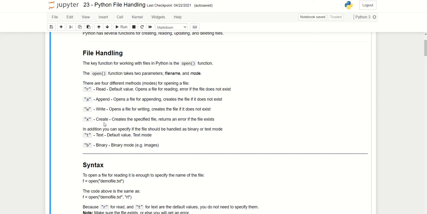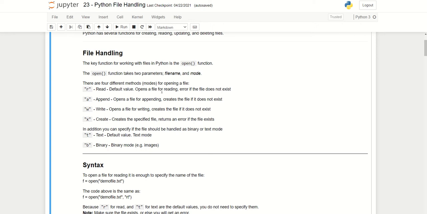These four modes have their key values: read is represented by R, append is represented by A, write is represented by W, and create is represented by X. Okay, so all these modes have different